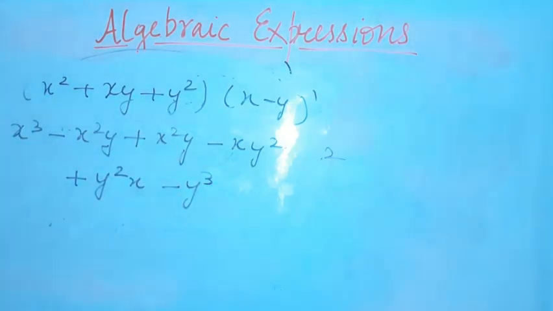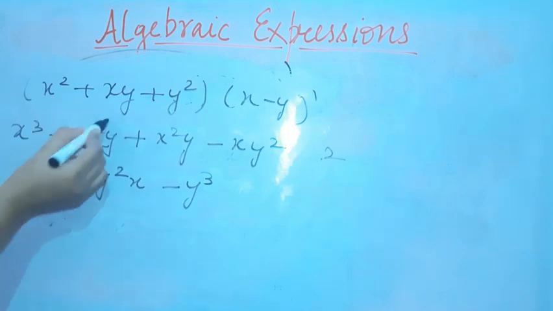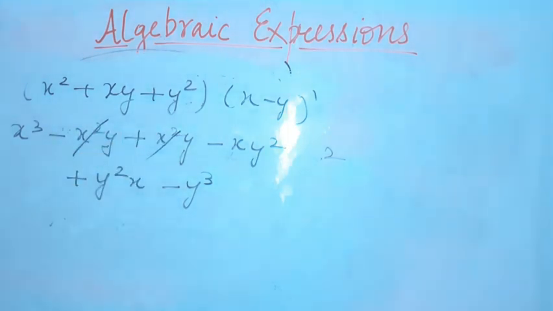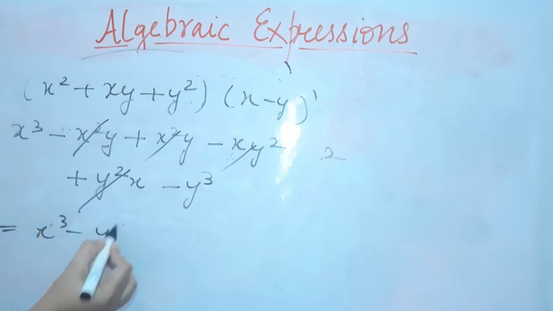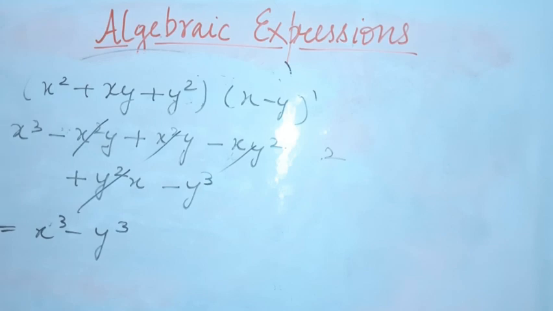Okay, now let's cancel the terms if it is possible to cancel the terms. My x square y minus plus, xy square minus plus. So what is remaining? X cube minus y cube is remaining in this question. So I hope you must have understood this question also. Now 25 and 26 is your homework. In the next video we will be solving the questions that are based on simplification.